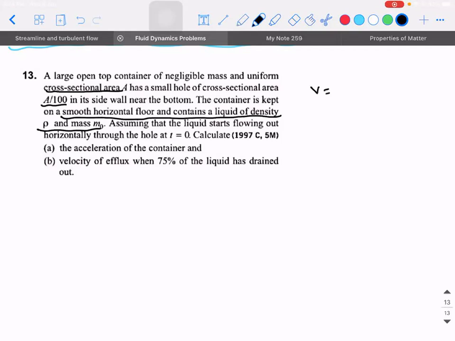So what is the formula for velocity? They told open top container, so the hole is also open. Open top means velocity is root of 2gh, a known fact. Can we directly use this formula here? No, sir. Because A and A by 100 are comparable, sir. Okay, you're telling it like that. Yeah. So V2 will not be 0. Need not be that. See, they told.